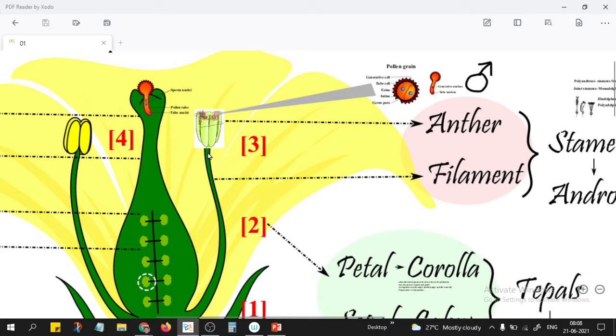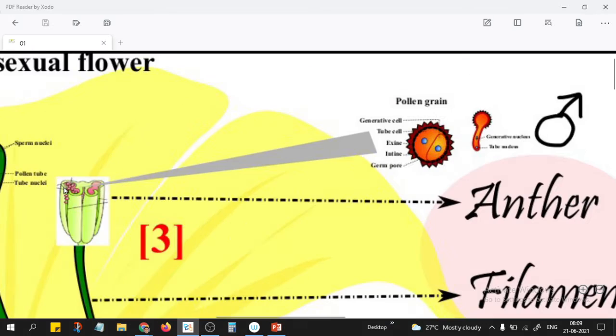So inside this anther, we can see in the cross section that it is going to have the pollen sac. Okay, a sac is like a bag, a pollen sac, which is going to have many pollen grains. Okay, the pollen grains individually will look like a ball or a sphere, very small. We can see most of the pollen with our eyes, but they are quite small. Okay, so that is the general structure of how they look.